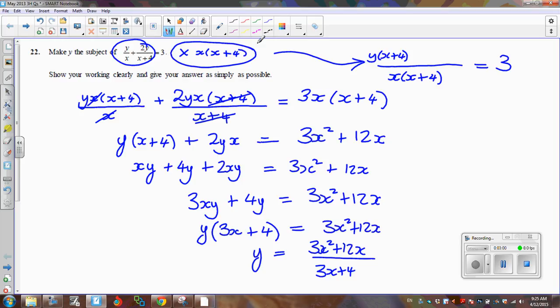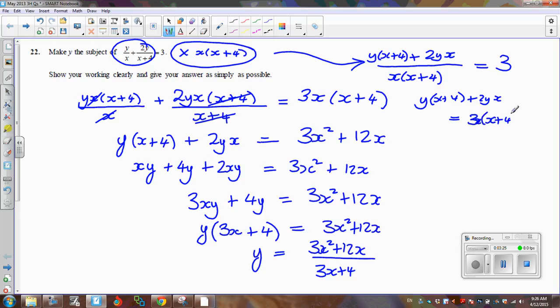So what do I do to the top? Well, I also multiply it by x. So 2y multiplied by x is going to be 2yx. You can see now that if I multiply by the bottom, I'm going to get y(x plus 4) plus 2yx, and then the right hand side, because I'm multiplying by x plus 4, becomes